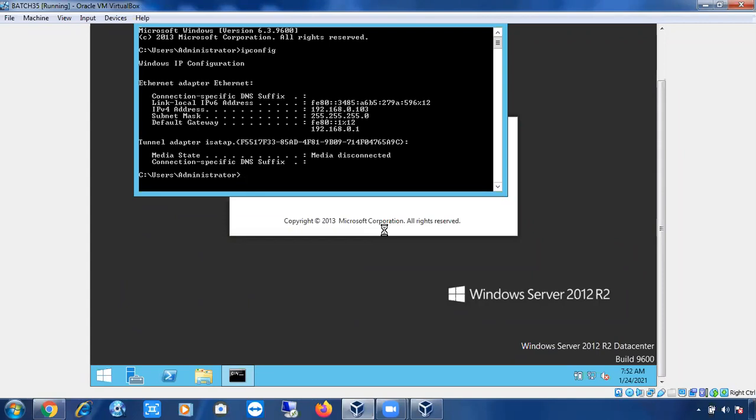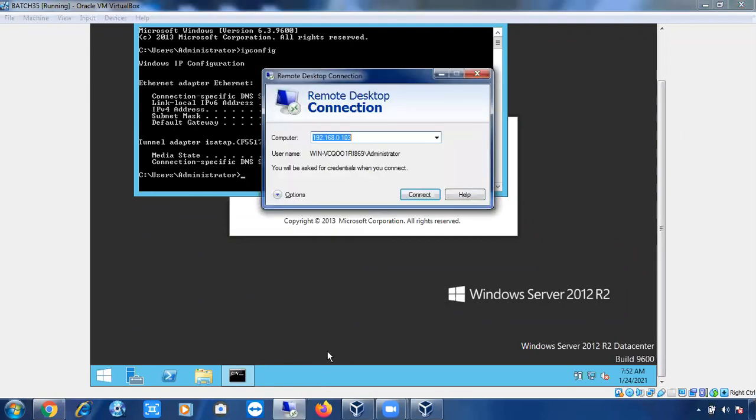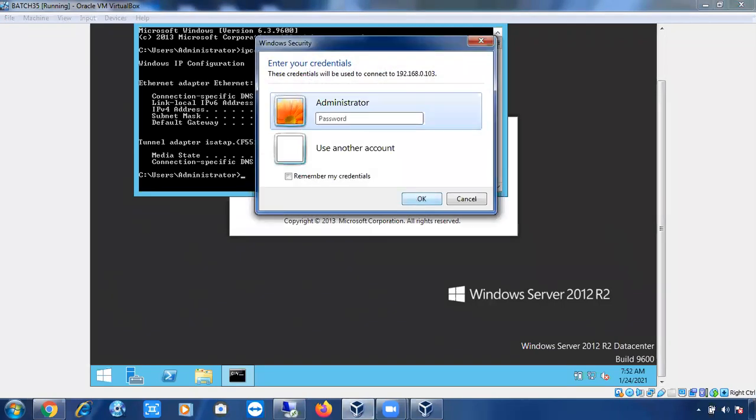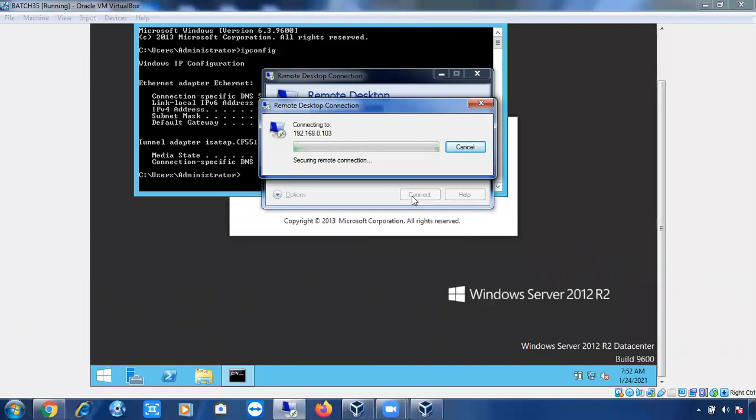In the same way, if the model database is opened or if a session from the model database is opened, you cannot create new databases. So what is the solution for that? You have to close all the sessions from the model database, then you can try creating the new database. This is the way. I'll show you how to do that. So in that way we can fix this issue. But again, while killing the processes or sessions, we have to be very careful. You cannot kill the sessions or processes without having application team permissions. You have to take the permissions from the applications team.